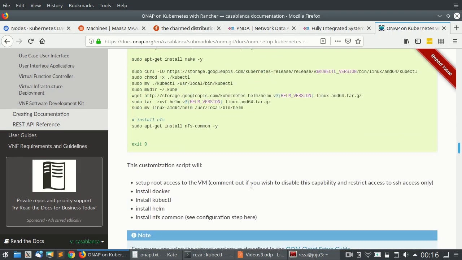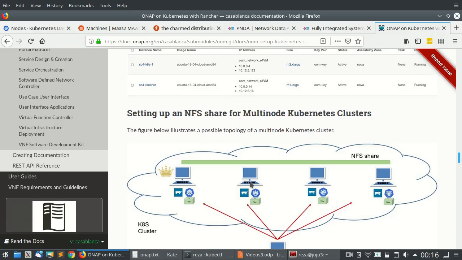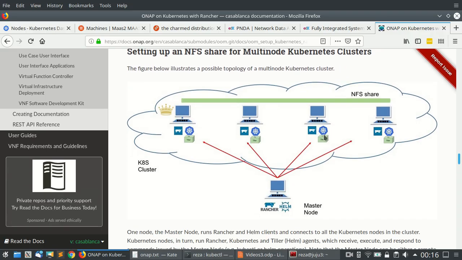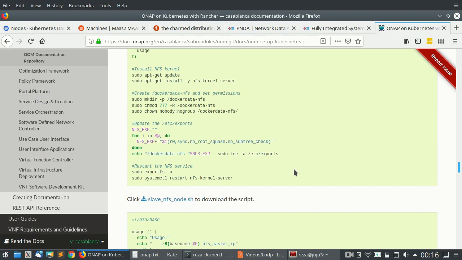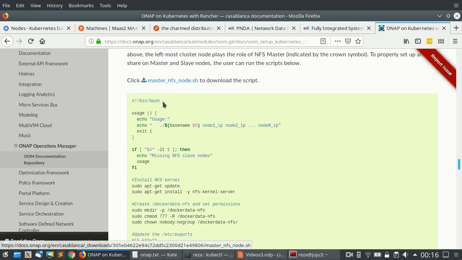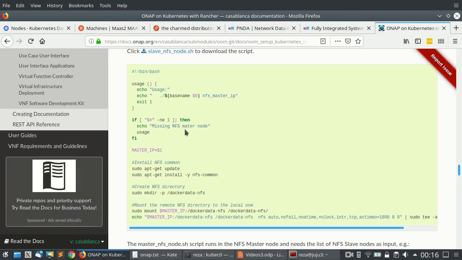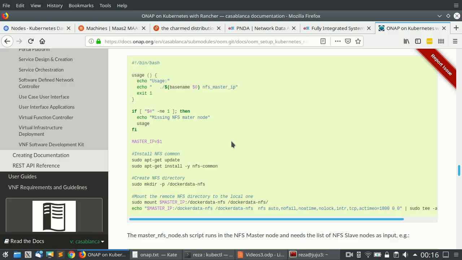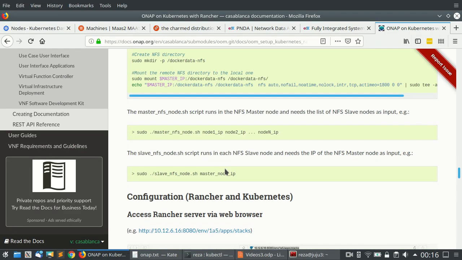Creating key pairs and stuff, and also we need to set up an NFS share between the nodes of the Kubernetes. So the master node inside the Kubernetes will be serving an NFS share between all of the other machines. So this is one of the ways that they are going to share the data between each other. So there are some pieces of code that help you for creating the NFS share on the master and also on the slave nodes, the other Kubernetes worker nodes in the cluster, to start pointing to and using this NFS share which has been created inside